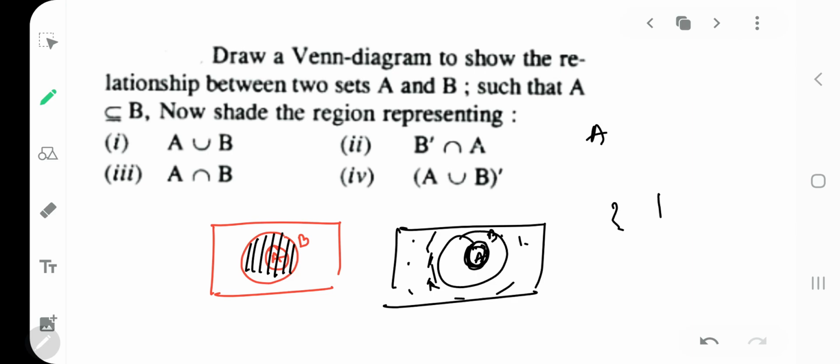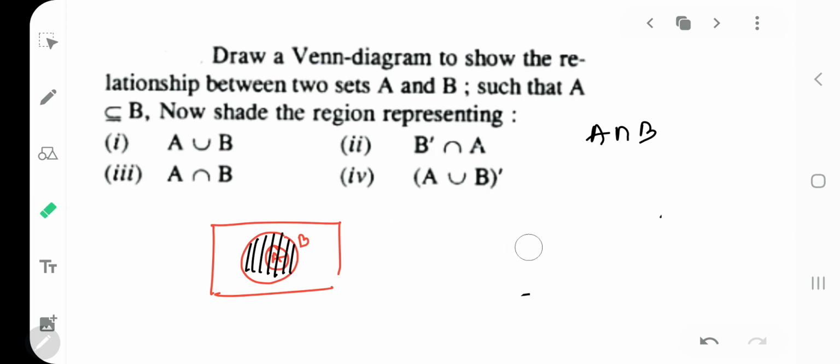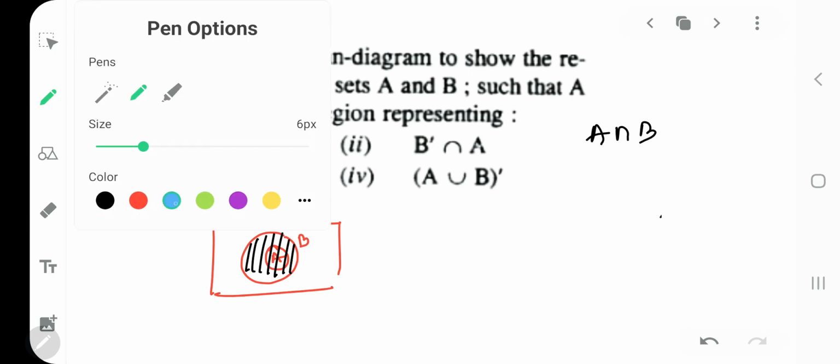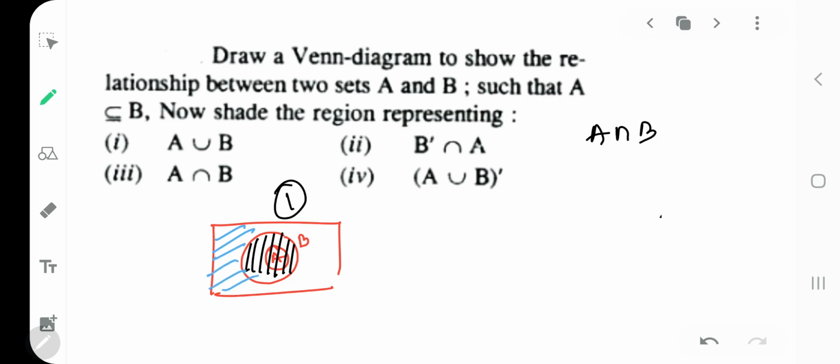Next is A intersection B. A और B के intersection में आपका region ये आएगा darkest, जो मैंने A को पूरा कर दिया because A belongs to B. So उनका intersection point क्या होगा? A के सभी elements B में belonged हैं तो A complete will be your shaded region. Next is A union B complement. My dear kids, what is A union B? A union B is this what you have marked here in this. Now इसका complement means इसके अलावा बाकी जो universal set में है that will be A union B complement. Is that clear?